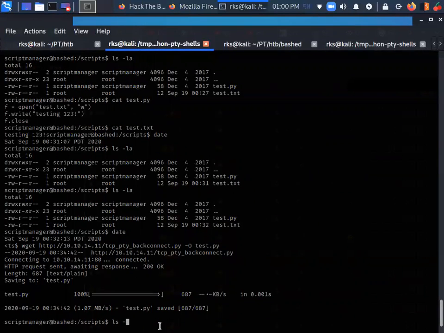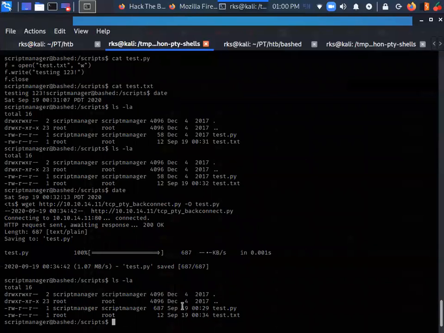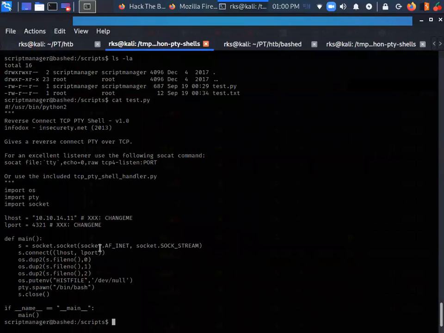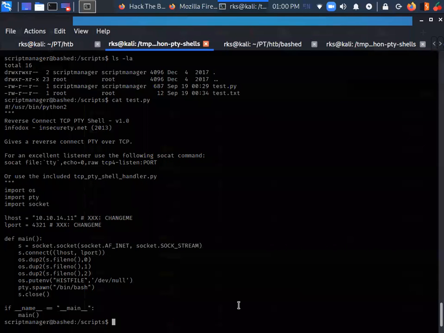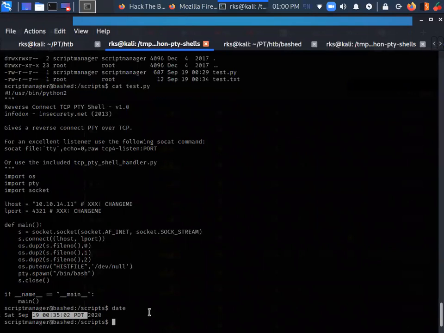The file has been downloaded. It has been modified. Let's do cat test.py. Successfully written it. Now we just need to wait 1 minute. Okay, the time is 35.